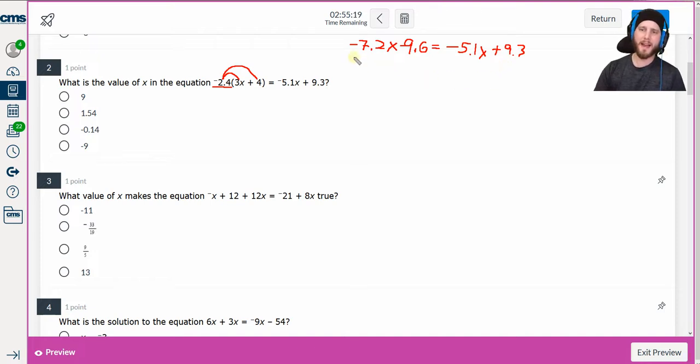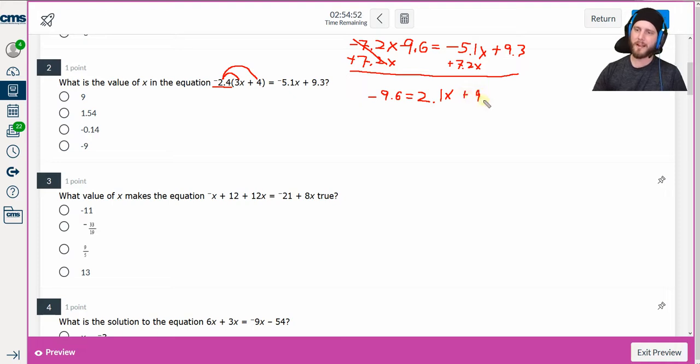I'm going to go ahead and add 7.2x to both sides of the equation. That's going to cancel out on that side, leaving me with only negative 9.6 on this side. And when I do negative 5.1 plus 7.2, that leaves me with, I believe that's 2.1x plus 9.3. I'm then going to subtract both sides by 9.3. So this one's actually going to become larger. It's going to become a negative